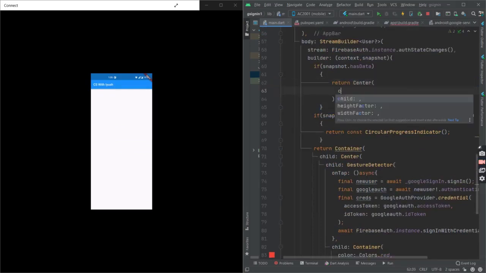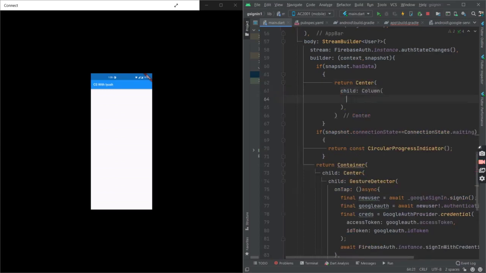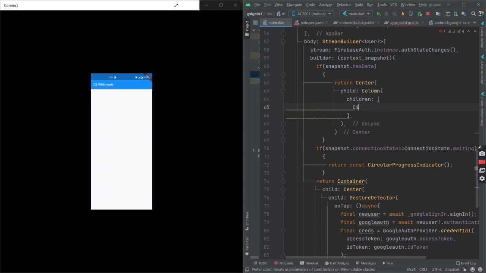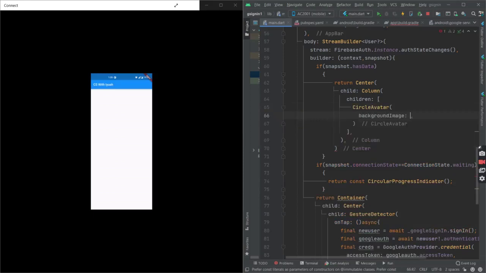So for that, I'll add a column, and in that I'll add some children. For example, suppose I need my Google profile photo. So for that, I'll add an image. It would be a network image because we are fetching it from Firebase, right?